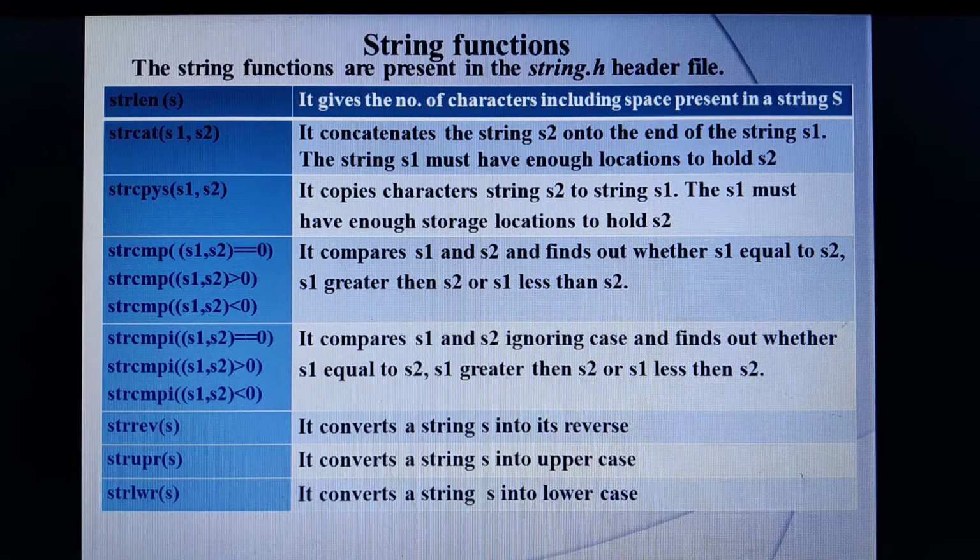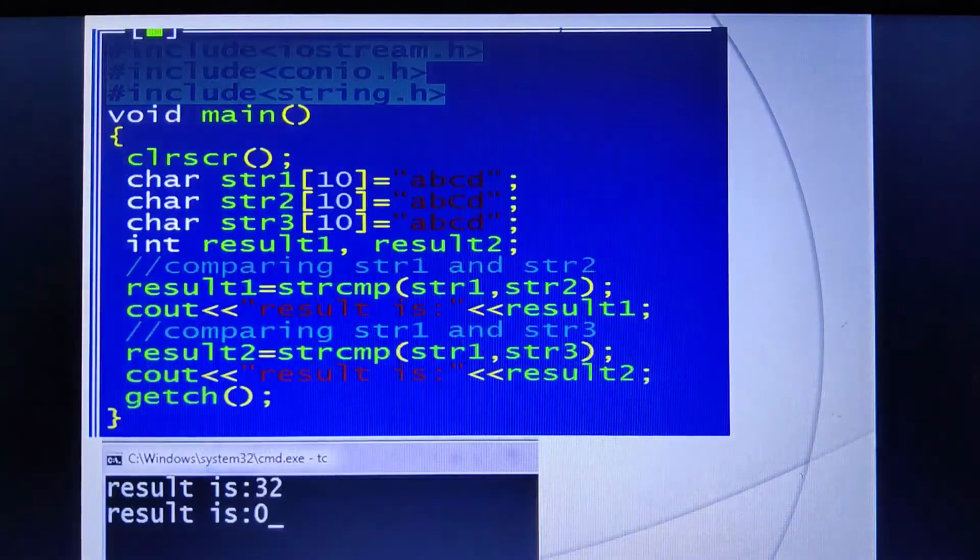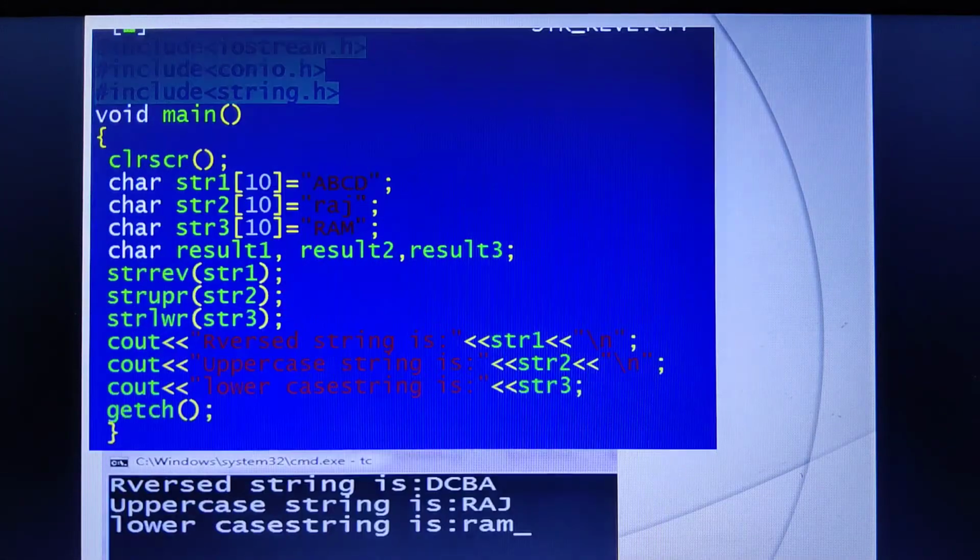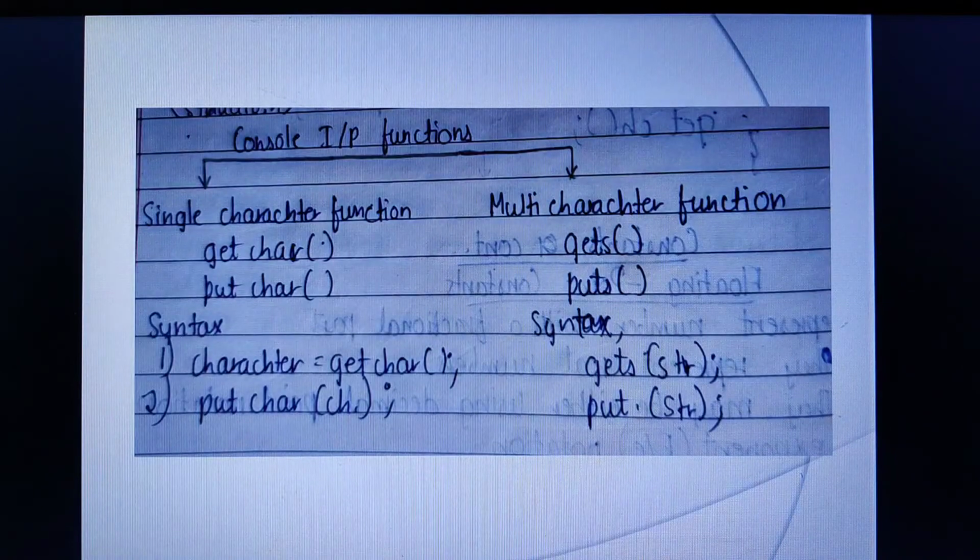Understood? Okay, moving on to the next very important topic, that is the console input output functions. Console, in the sense, what? The screen, the output screen, the command prompt where you are executing.